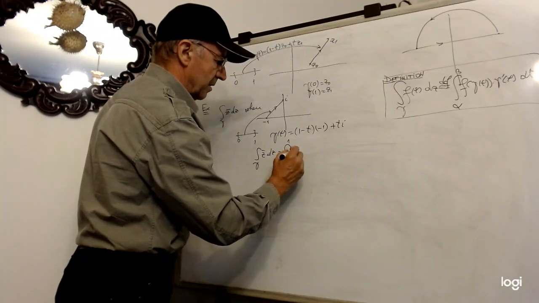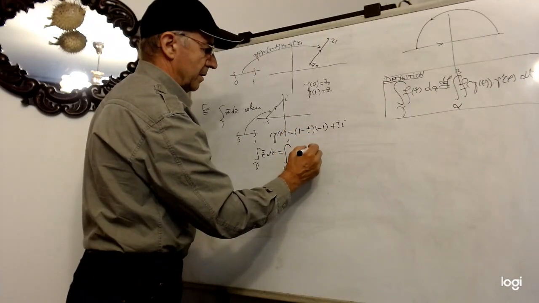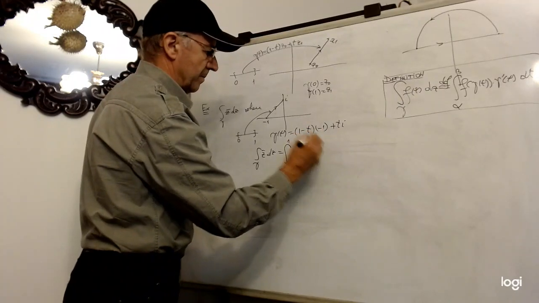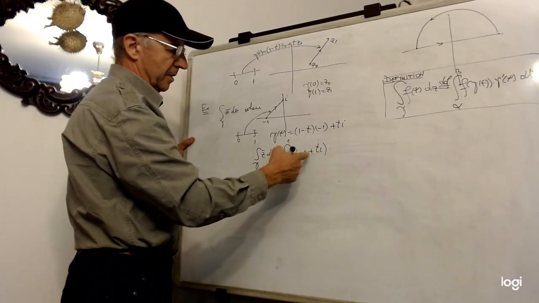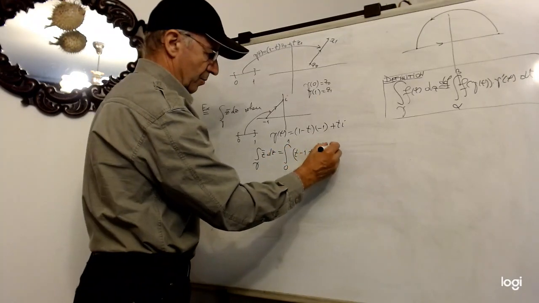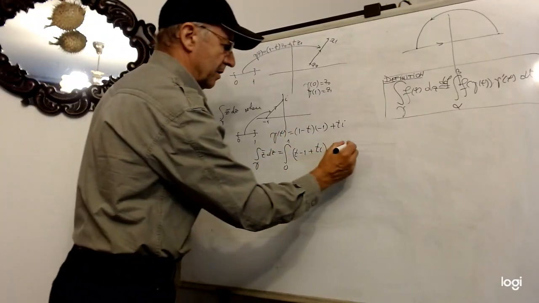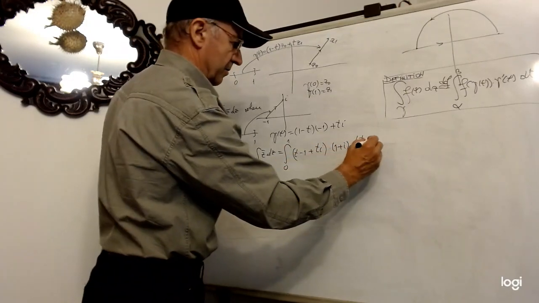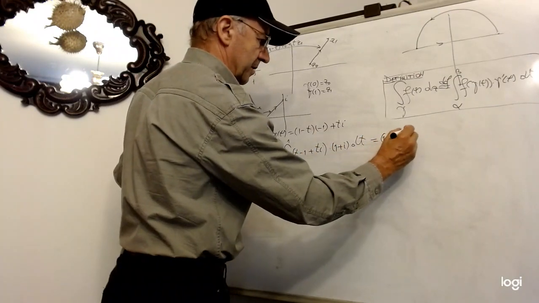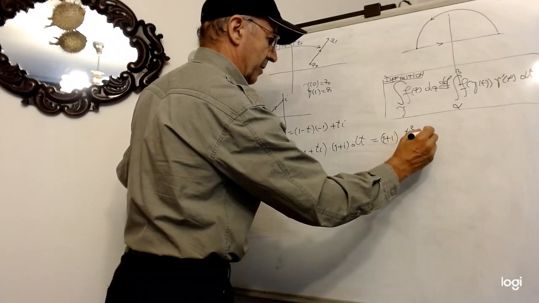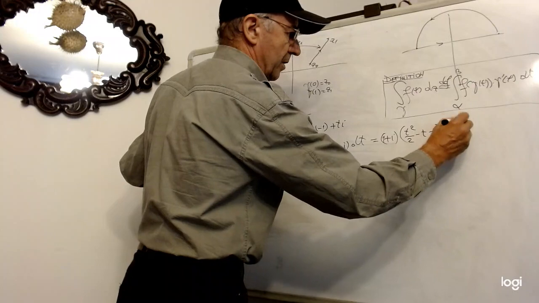This is t minus 1 plus ti, and we have to multiply by the derivative with respect to t, which is 1 plus i. I hope everything is okay here. dt, this is a constant, so 1 plus i multiplied by the integral. Here a primitive is t squared over 2 minus t plus t squared over 2 i, and we have to consider this from 0 up to 1, and so